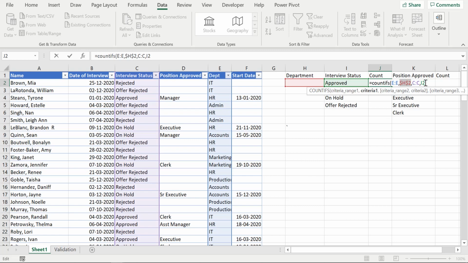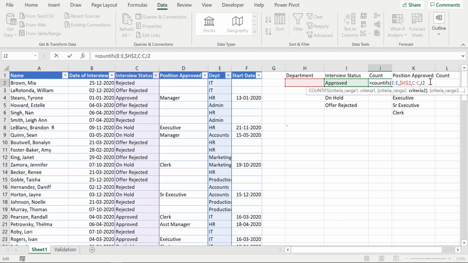I2 will change to I3, I3 will change to I4 as I drag down this formula, but H2 will remain constant. This you can do just by pressing the F4 key on your keyboard. Okay, in some keyboards you will have to press function plus F4 key.